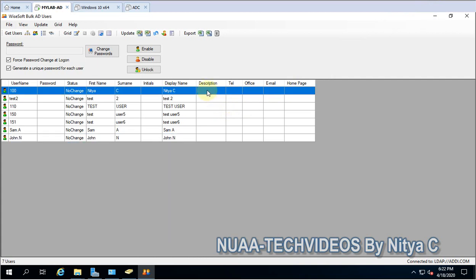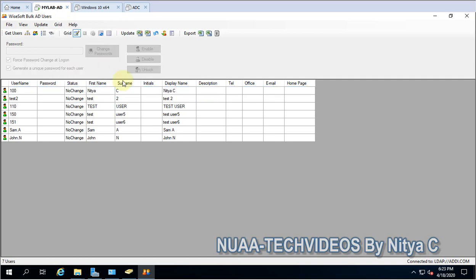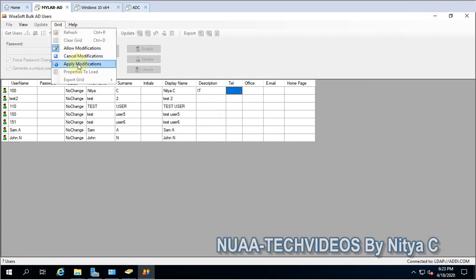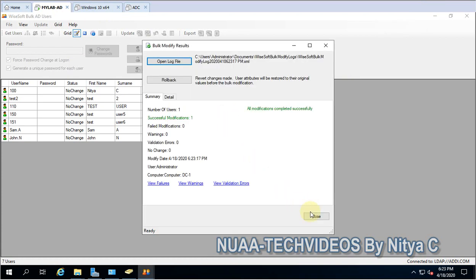And if you want to give a description, let me show you how. Click on allow modifications and give the description. I am giving IT, and any description which you want you can give and save it. Just apply modifications, and this is done.